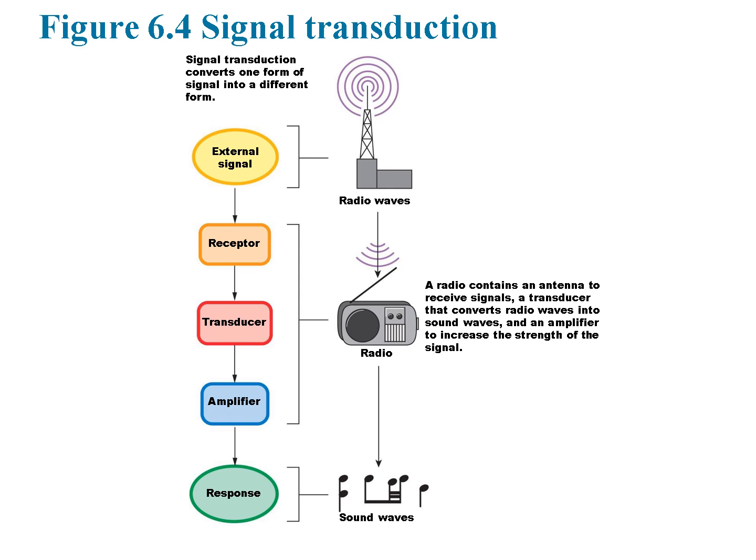For the radio, this response is the production of sound waves, while in a biological system, the response could be anything from enzyme activation to changes in gene expression. This example highlights the universal nature of signal transduction, emphasizing how biological systems, like radios, rely on precise detection, conversion, and amplification of signals to produce meaningful outcomes.